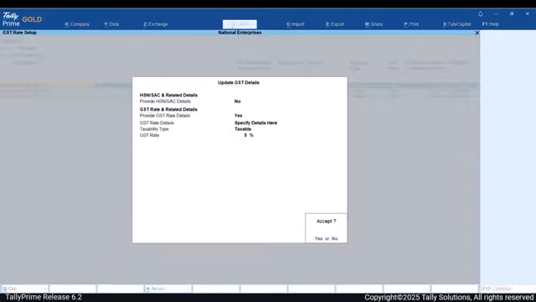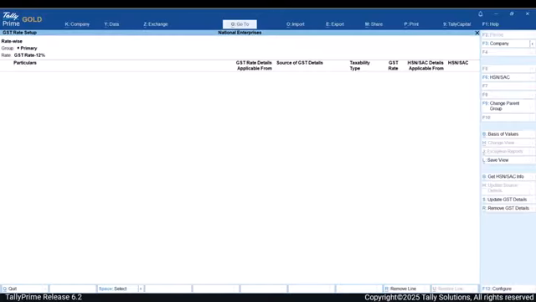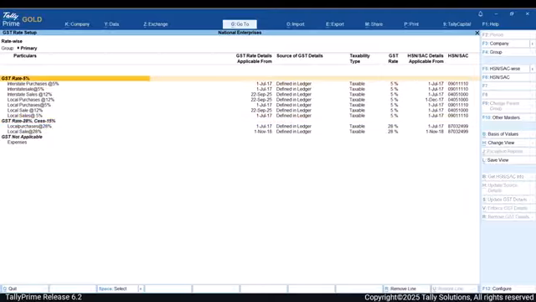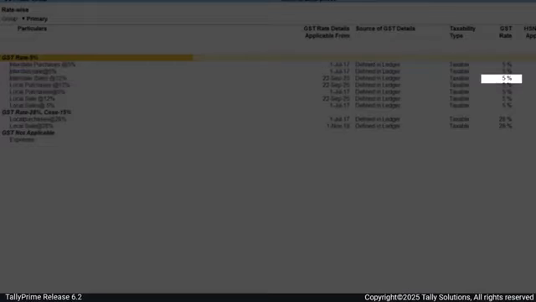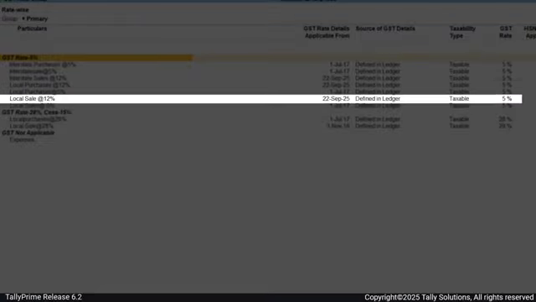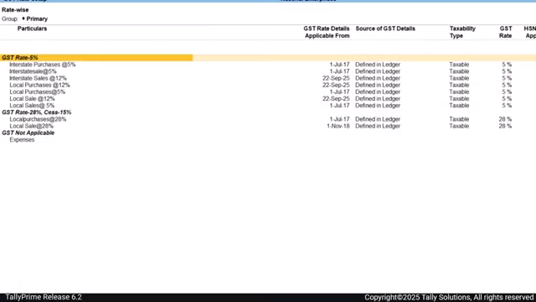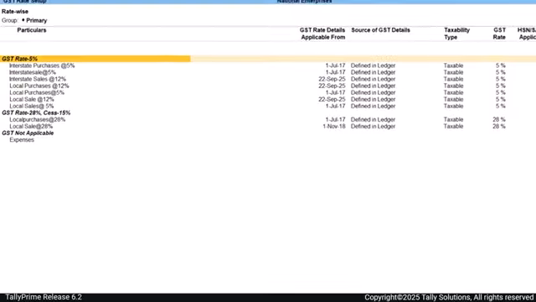This will be the date from which the new rate comes into effect, and Tally begins applying the new rate from the date set here. Press Ctrl-A to save the changes. The GST rate has changed for the ledgers, and the new rate will be applied in all transactions recorded with these ledgers, starting from the set effective date.